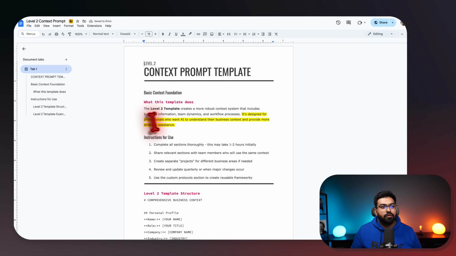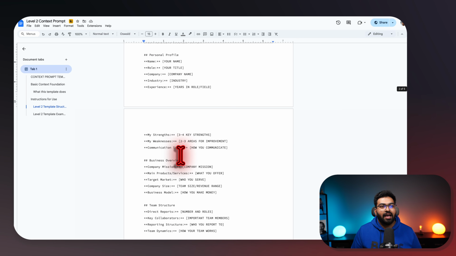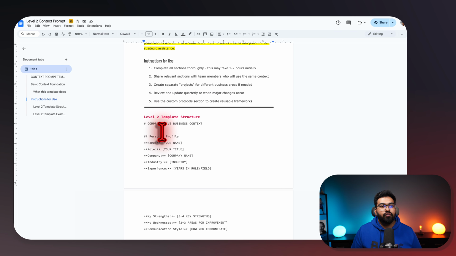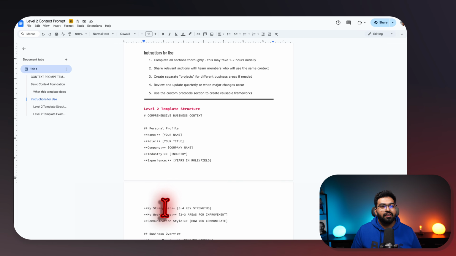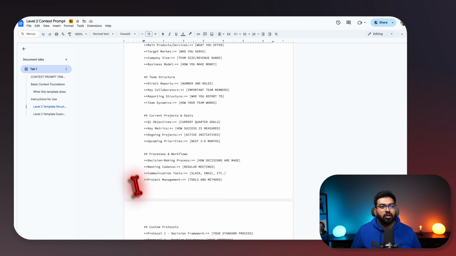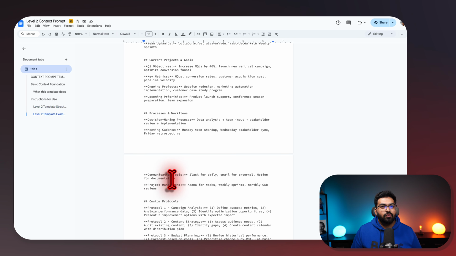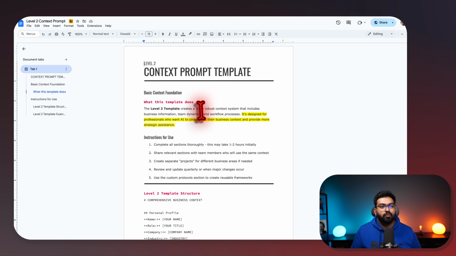The level 2 context prompt is designed for professionals who want AI to understand their business context and provide more strategic assistance. And as you can see, the level 2 template has a bunch of things. Now we moved away from just a personal profile. We have strengths, business overview, team structure, current projects and goals, processes and workflows, custom protocols, and AI assistant instructions. So this is double of what it was earlier. And now it takes 1 to 2 hours, because if you have any team members, you need to add that info